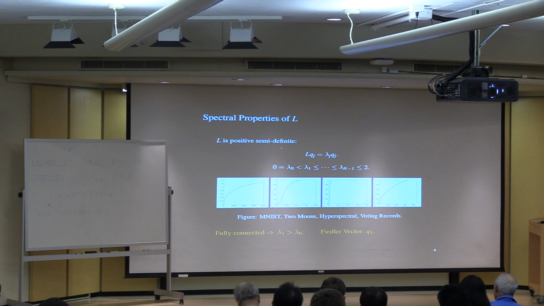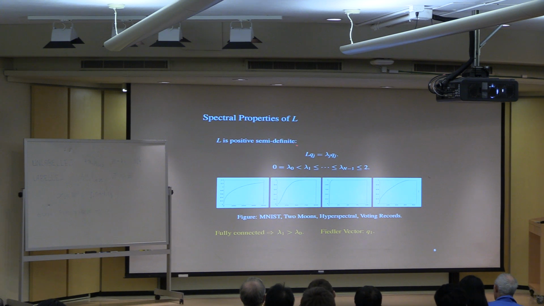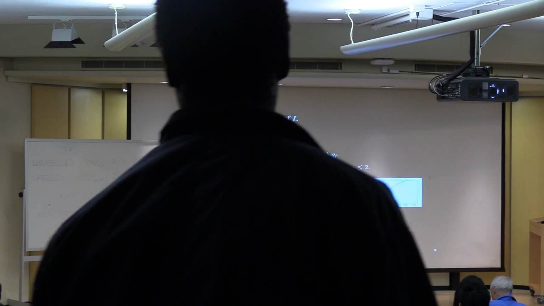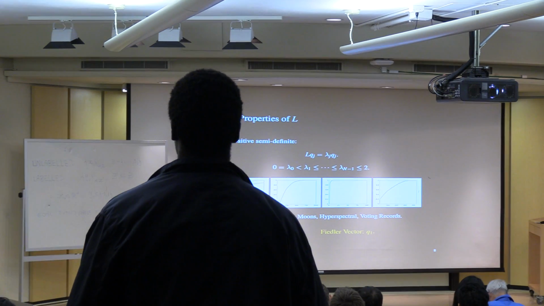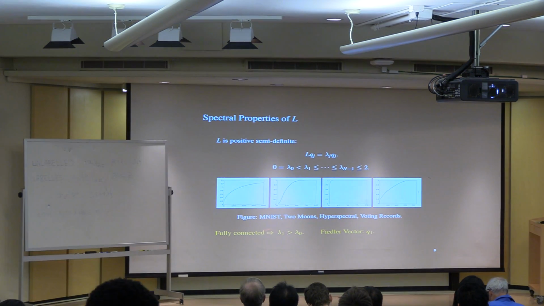So just to give you, for those of you that have not seen it before, some insight into the properties of this graph Laplacian, and in particular the normalized one, which I'm working with for the purposes of this talk, although everything I say works for the unnormalized Laplacian as well. And to establish notation, this graph Laplacian has eigenvectors q_j, eigenvalues lambda_j, and here are 4 spectra computed for 4 different examples that will come up during the talk.